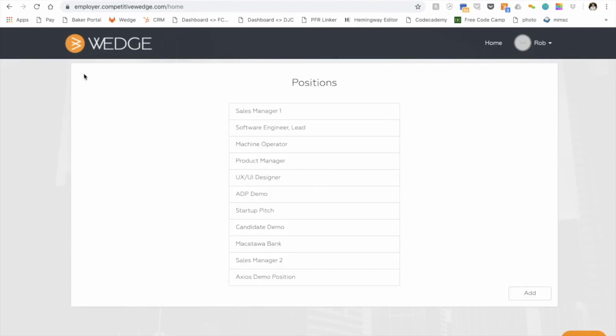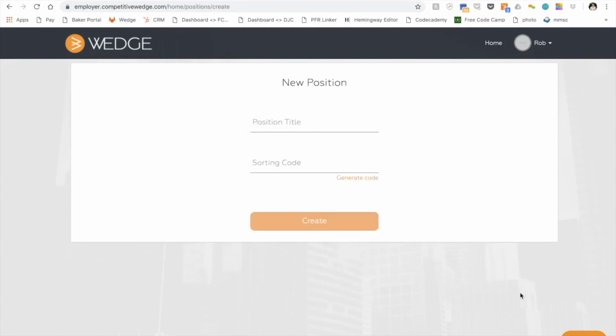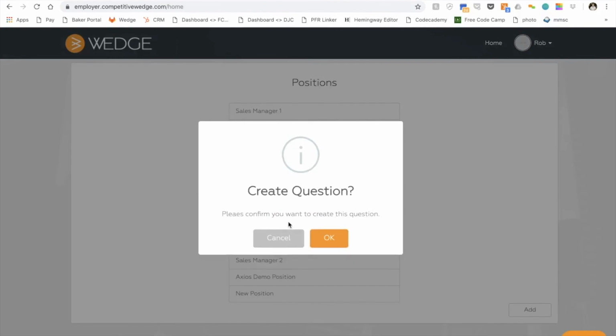So again, we'll go back to the position screen, and to add a new position, before clicking into another position, you're going to click Add down here. Simple, position title, new position, sorting code, new position, and then create,